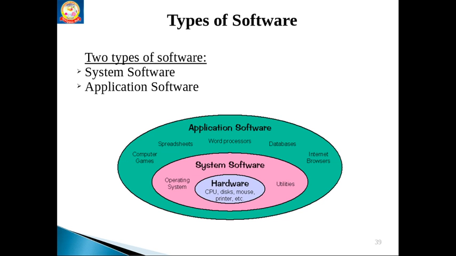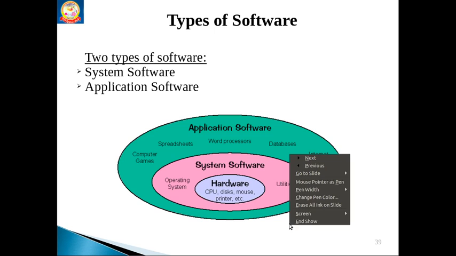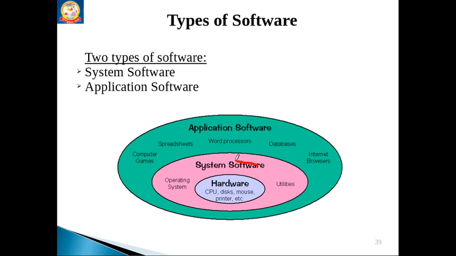Generally two types of software we have: system software and then application software. Here in this diagram we can clearly distinguish system software. It is in between. This is our system software. In this figure we can clearly see the system software in between application software and the hardware. The purpose we can discuss. System software, we can say operating system, I can also call it a software. Without operating system we cannot do any task with the system. That is a system level software.